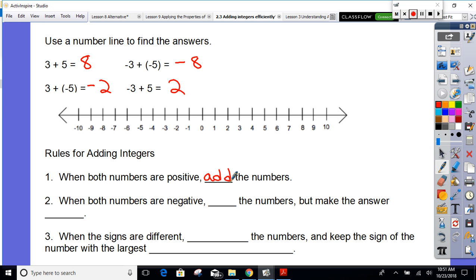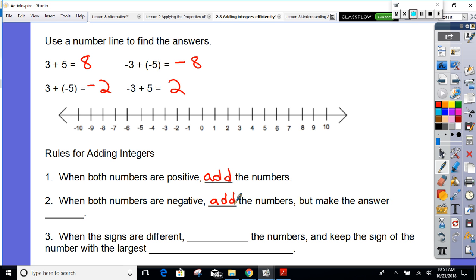It's not like the rules have changed since we learned how to do this in first grade. If you have 2 positive numbers, you still just add them together. Now, when both numbers are negative, Tim, what do we do? Well, add backwards is kind of a good way to do it, right? We're still adding the numbers, but since they're both negative, our answer is negative. So when both numbers are negative, we're going to add the absolute values of the numbers because